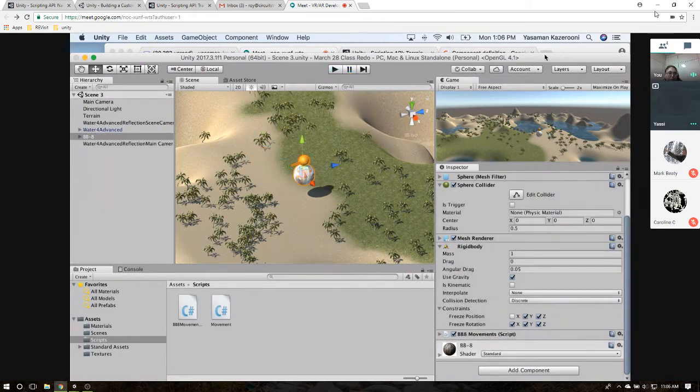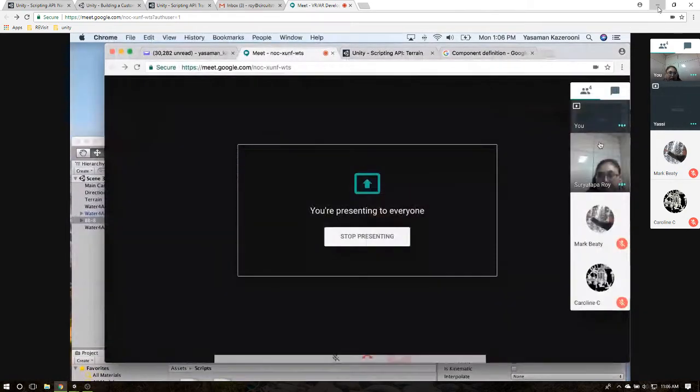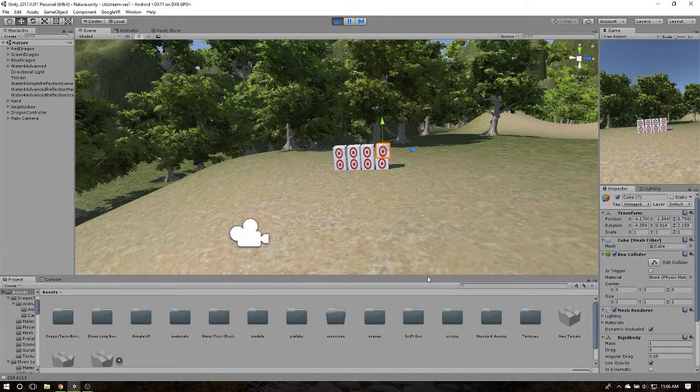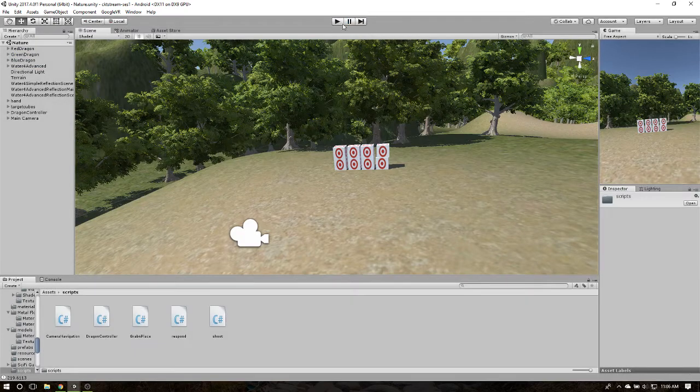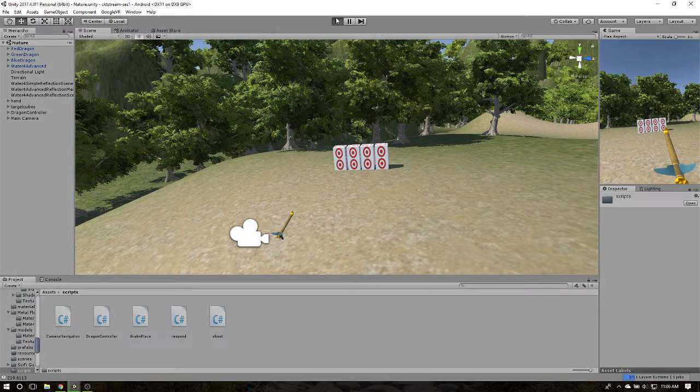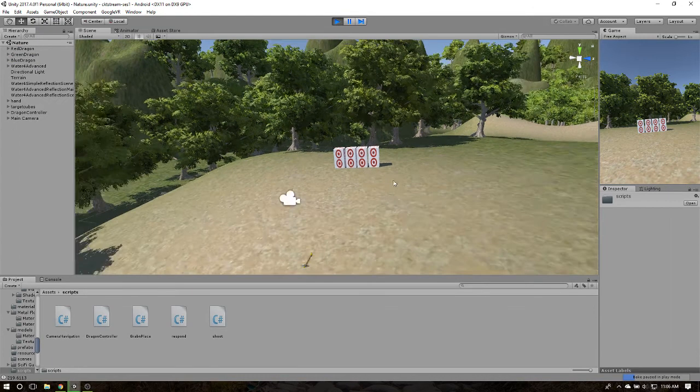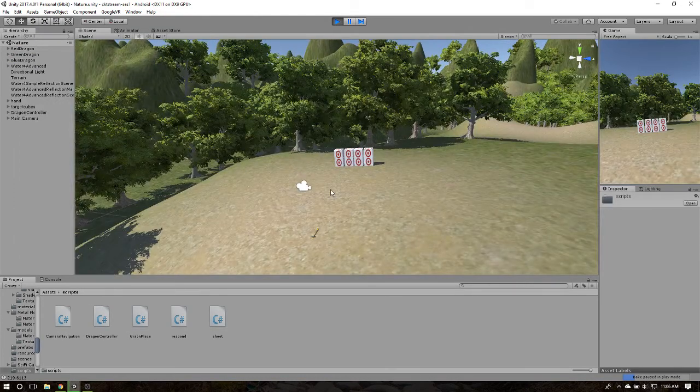You guys are almost in the same place. I'm going to take the first 15 minutes or so to go over all of these concepts in more depth, and then we can start from there. Don't worry about what I have in my project. Yours will be different. Right now, if I press play, you see that this arrow that was floating